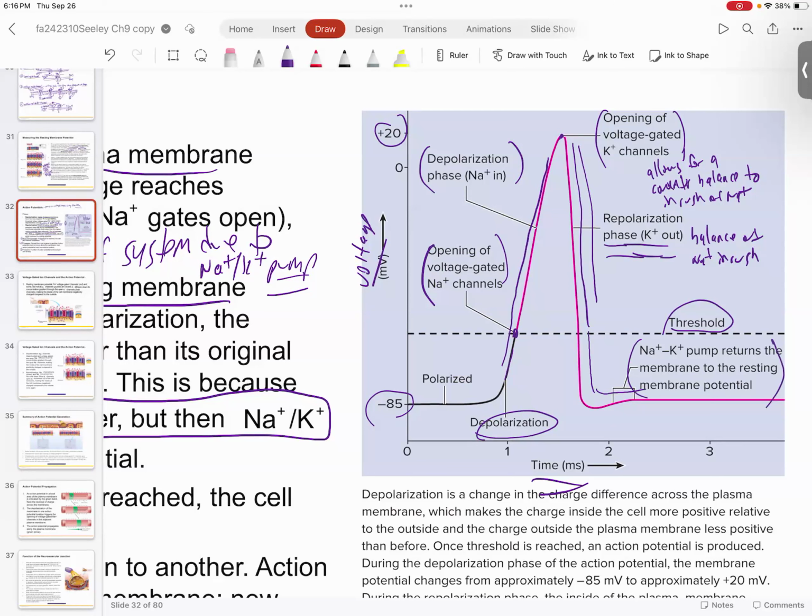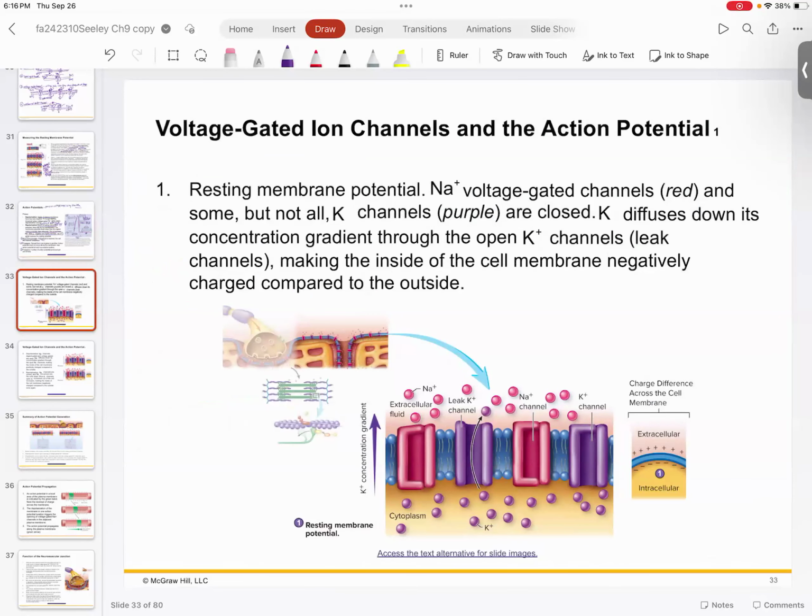And this is when your sodium-potassium pump kicks in and restores your resting membrane potential, which is right here. And so that's one firing, if you will, or one depolarization event of a neuron. That's what's happening in your membranes. Okay. So this is a good place to stop